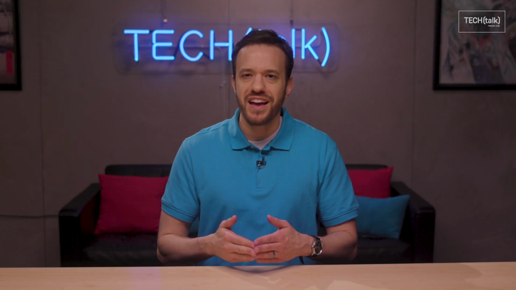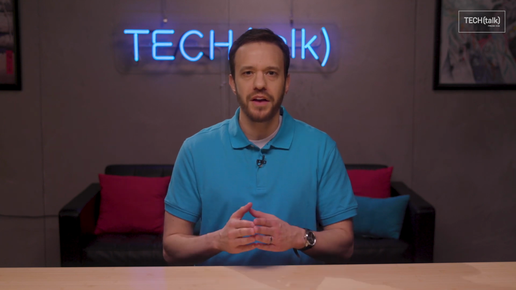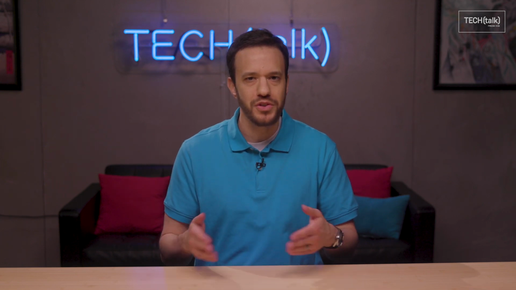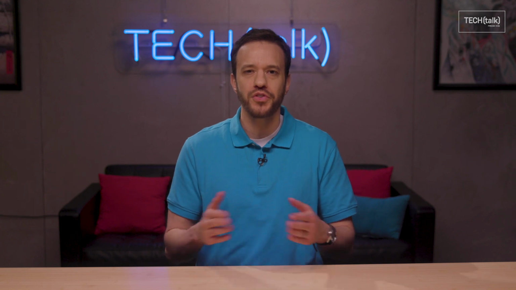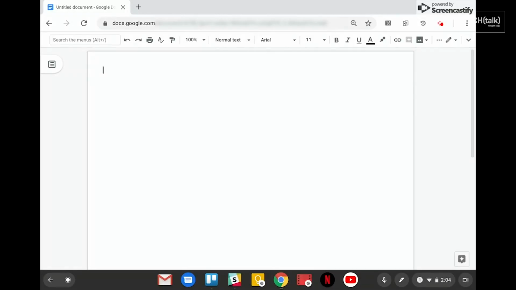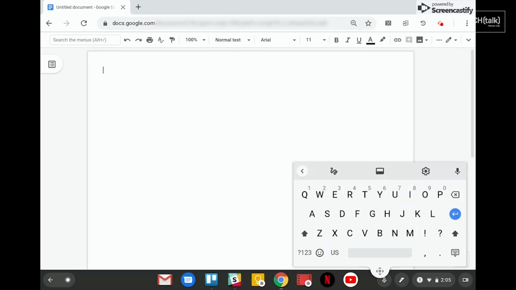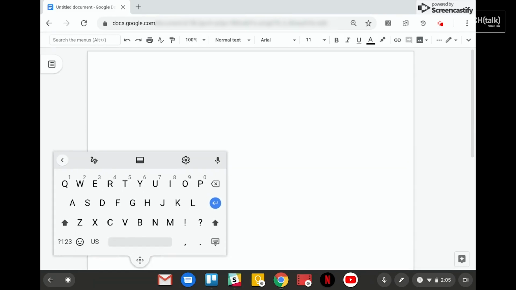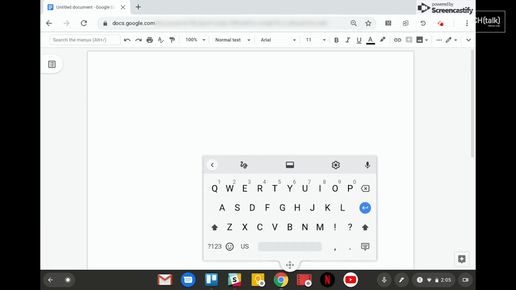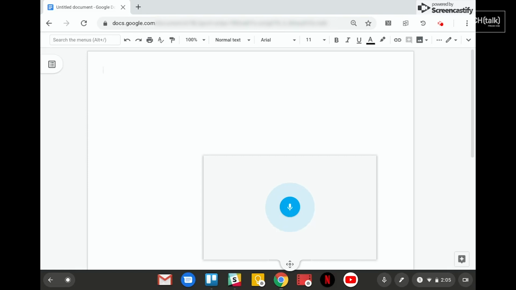And finally, a text input tip. Unless you're a 5-ton elephant with a giant elephant paw, don't use that huge keyboard that comes up when you first start typing on your Chromebook screen. See that second icon on the keyboard's top row? The one that looks like a rectangle with a small, dark rectangle inside of it? Yeah, tap that. That'll shrink the on-screen keyboard down to a much more manageable size, like the one you're used to using on your phone. You can even move it around your screen by tapping that little handle at its bottom and sliding your finger around to put it anywhere you want.